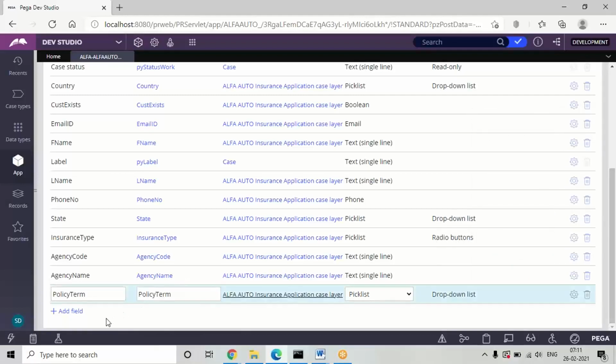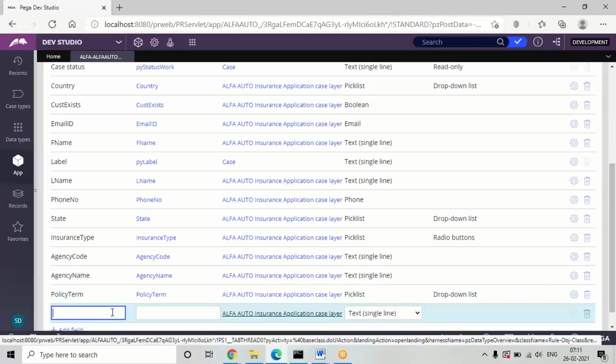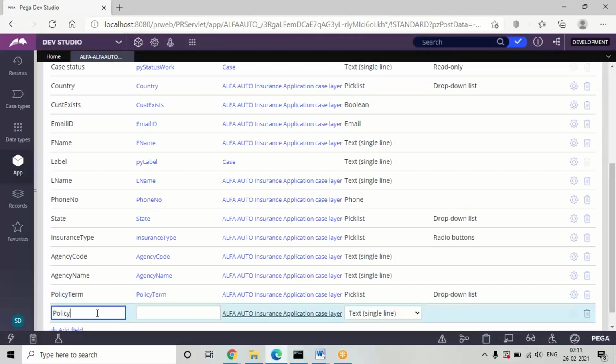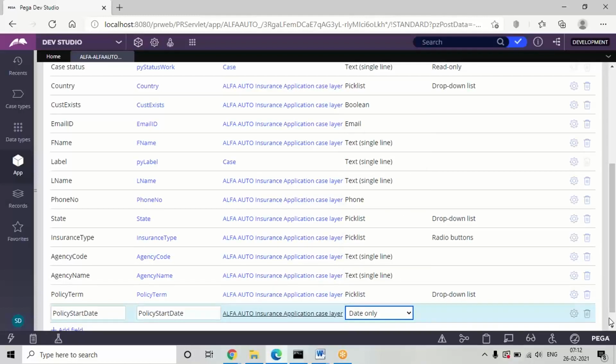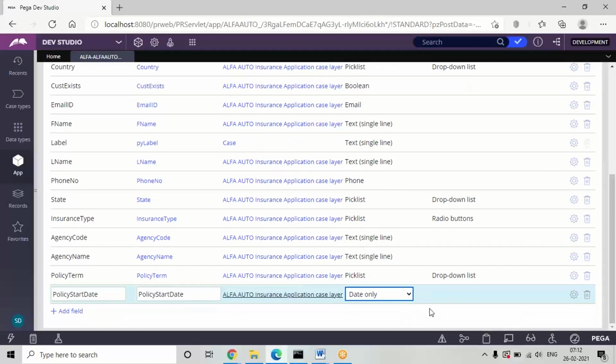Then I'm going to define policy start date. I'm going to choose the type as date only, which means you'll get a calendar where you can choose the date options.